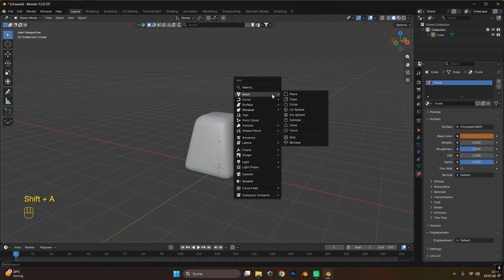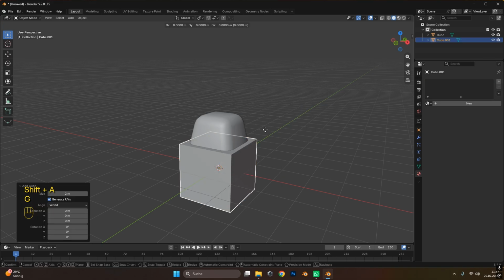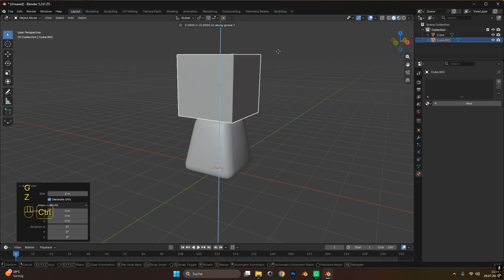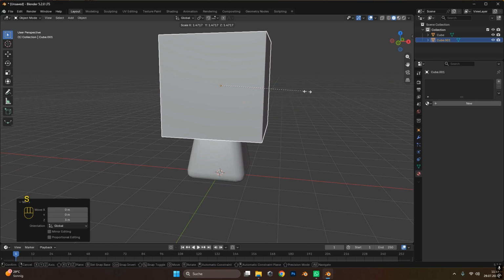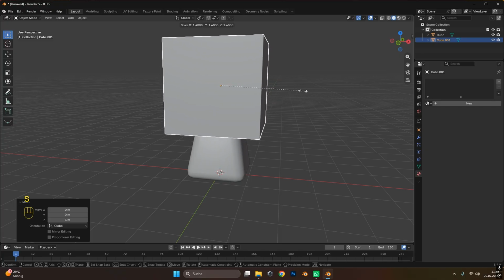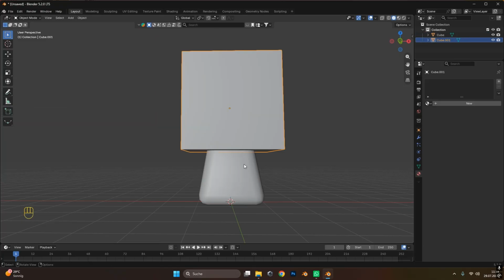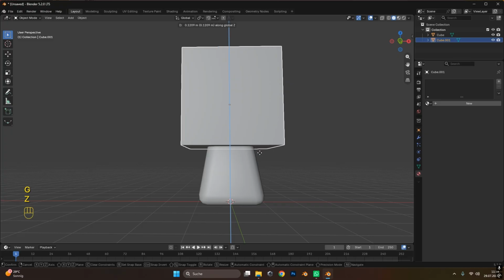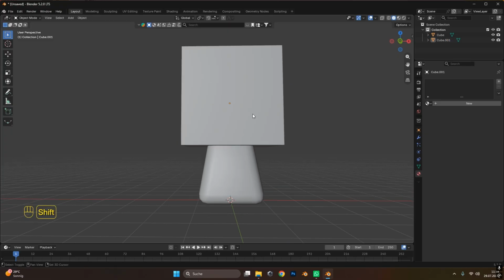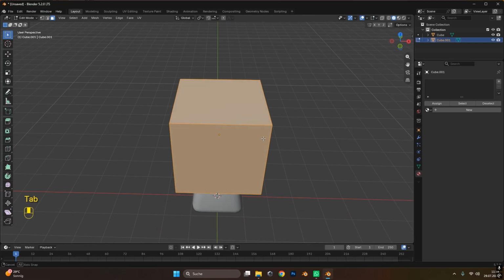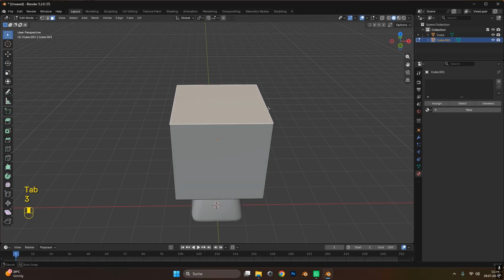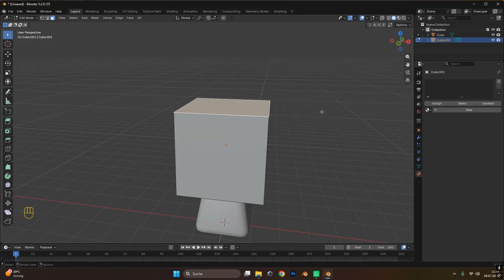All right, after that, we will add in a second cube and move it up twice or 3 times. It doesn't really matter. And let's scale it also a little bit with S. So it sits right at the top of our trunk. We can also move it up a little bit. So like this. Let's go back into edit mode again, press 3 to select the top layer and S to